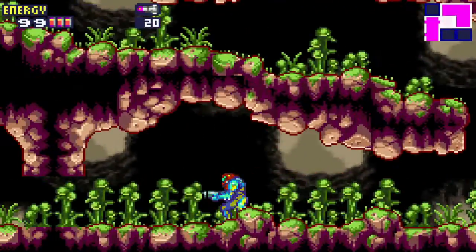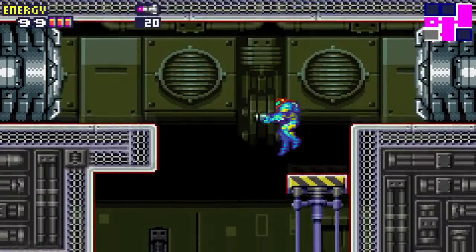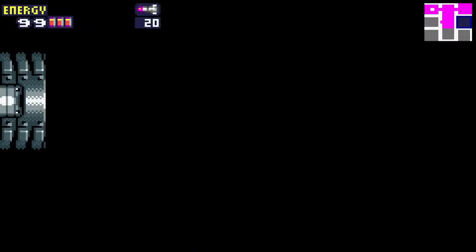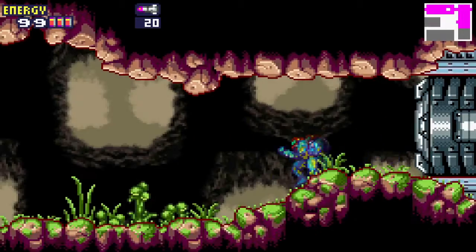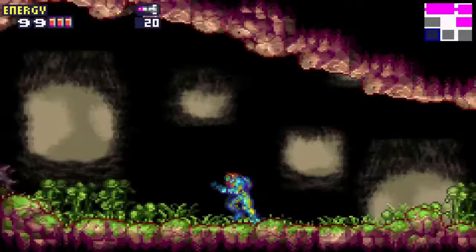Alright, so that's 3 units we gotta find. Now, I don't know if it's in this room. No, it's not. Alright. Not in this room. We'll have to find the one that it is in. And you don't know what I'm talking about. Bada boom. What are those,